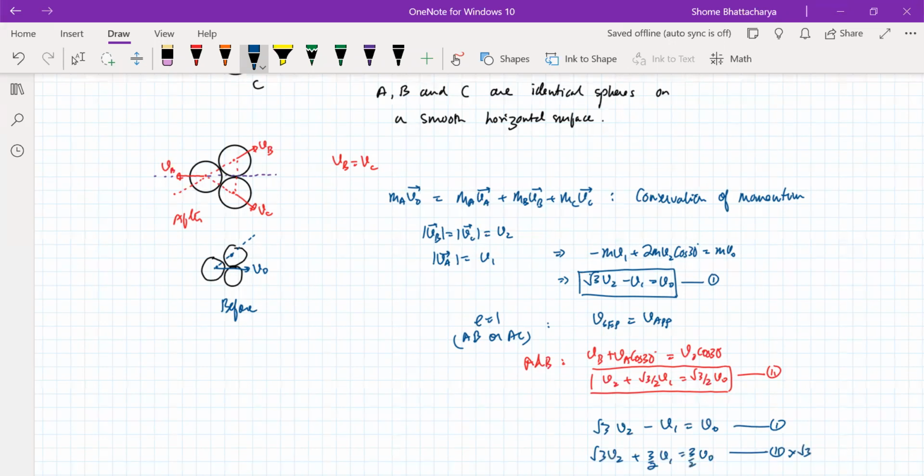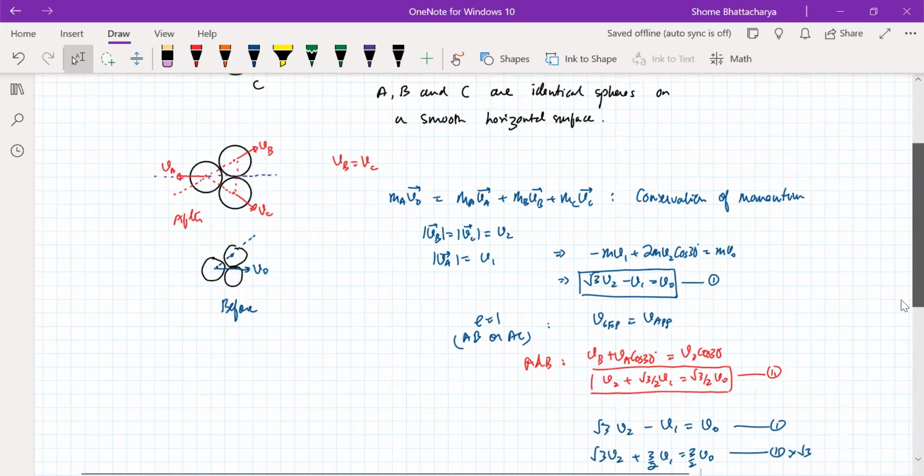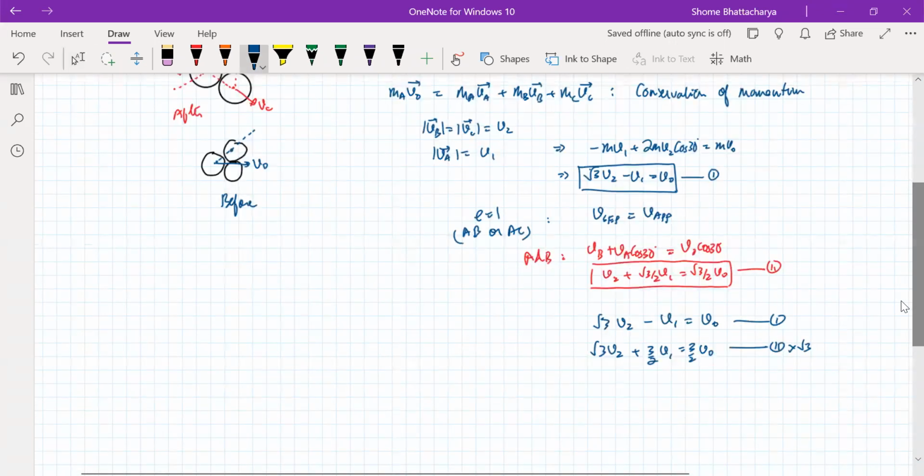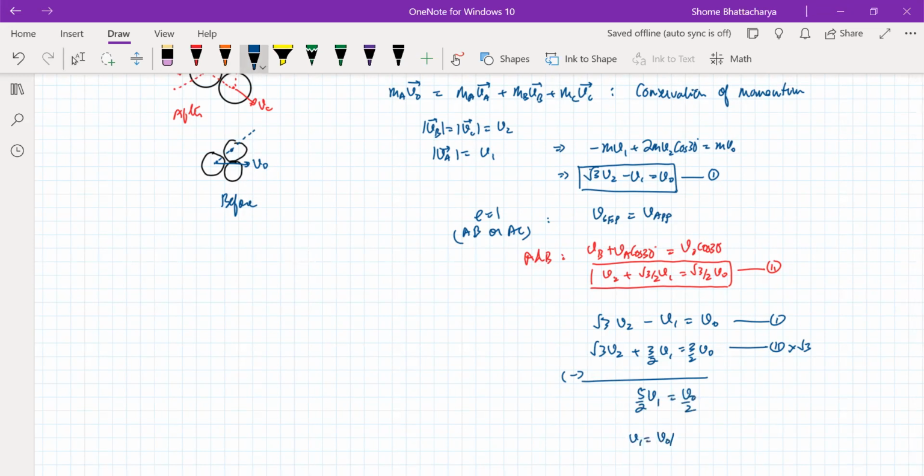And now we can subtract these two equations. So that will give us 5 by 2 V1, right, is equal to V naught by 2. So V1 interestingly is coming out to be V naught by 5,